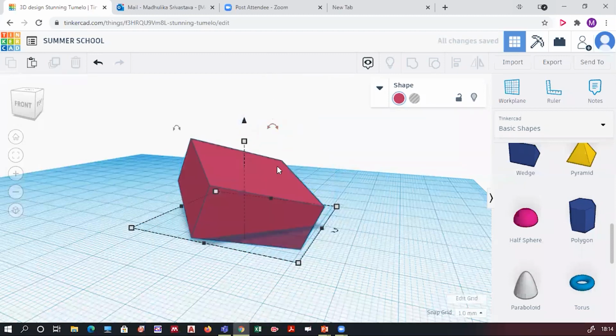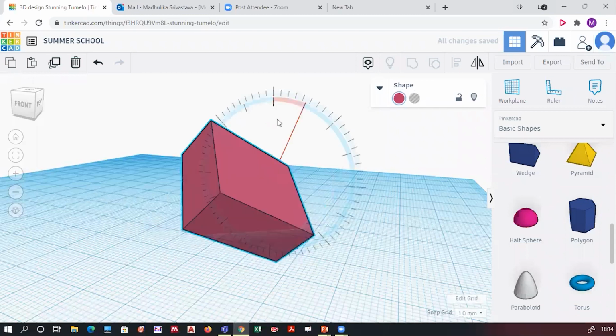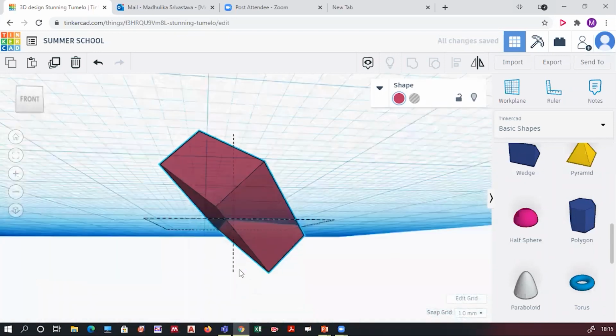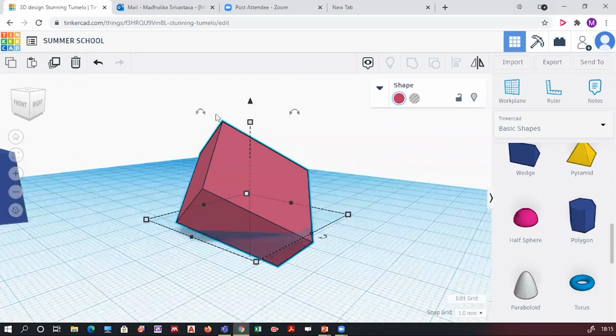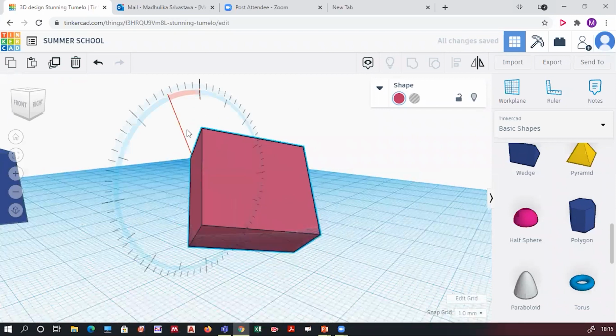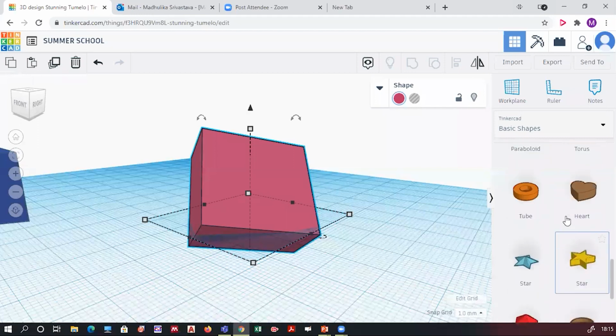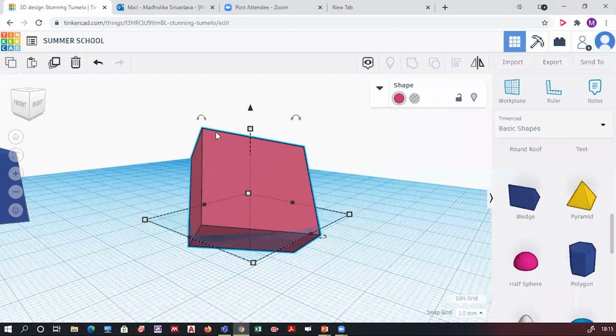See how my object is getting rotated. Rotate about this plane. Okay. Whichever direction you need the rotation, just go and click, it will rotate accordingly. I think rotation, changing of color. You can rotate anything. See, from text to any object, you can rotate it. Any object, you can try it by yourself.